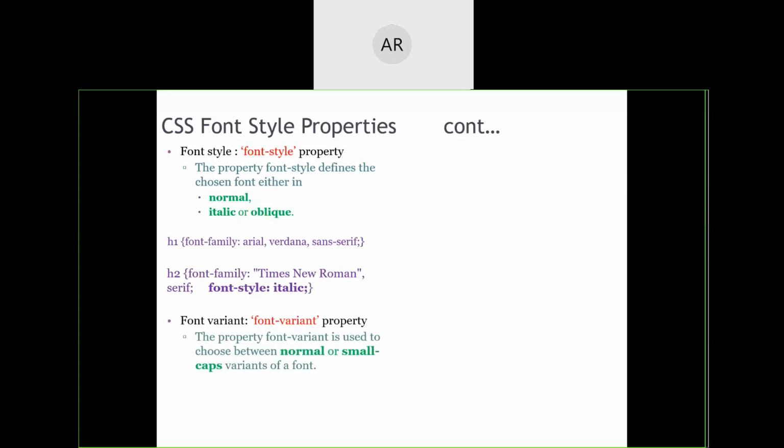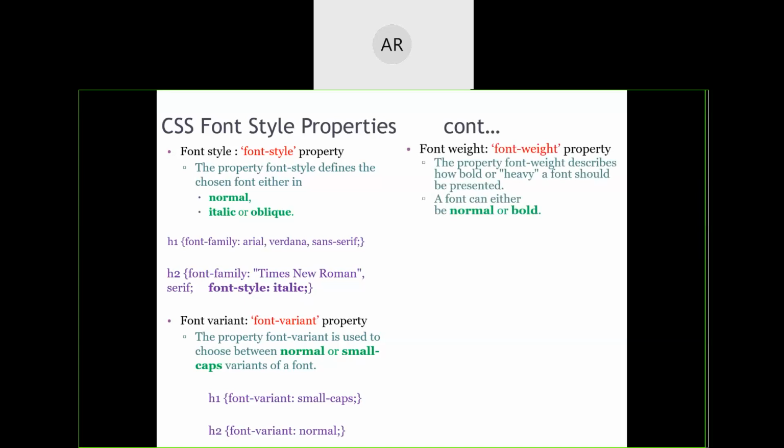Now there is one more called font variant. Font variant means, should the font be a normal font, whatever you type, or should it come in small caps? Meaning whenever a separate word starts, it should be capitalized as the first letter. So we have normal and small caps.